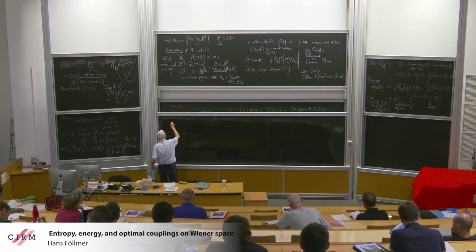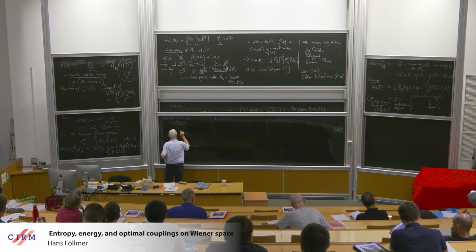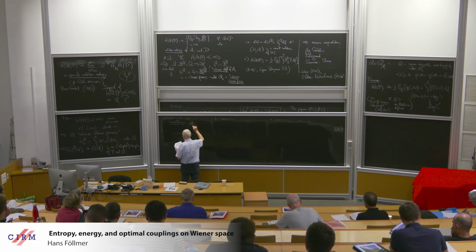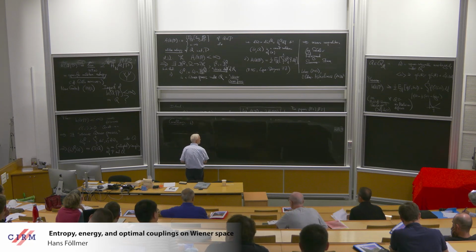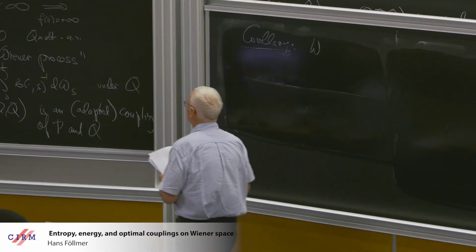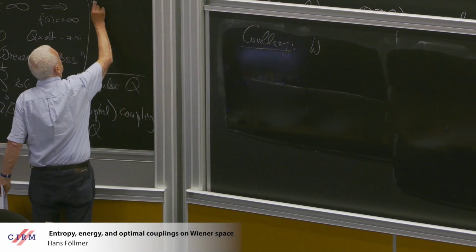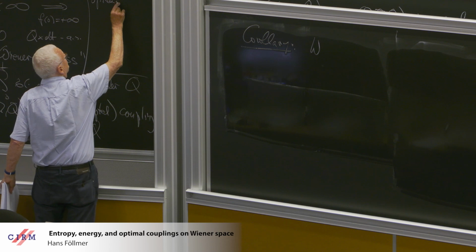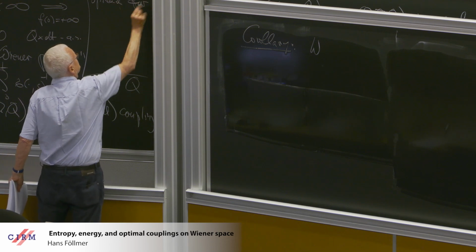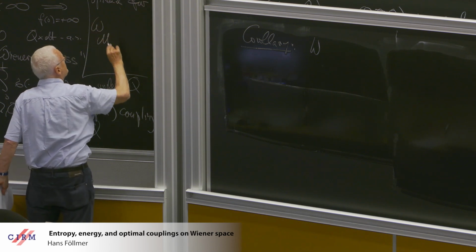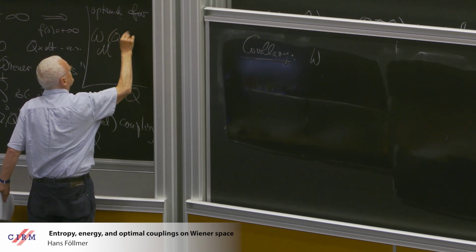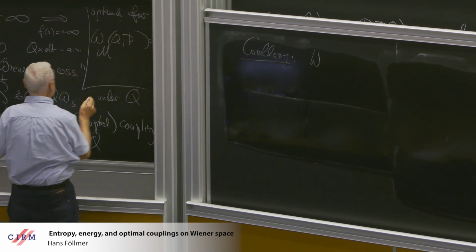We can actually show that it's the optimal adapted coupling, but we don't need that right away. We just want to draw the following conclusion. I said it's optimal, but for what cost functional? For W_M of Q, P defined as